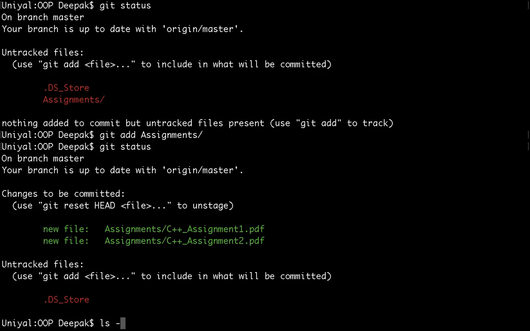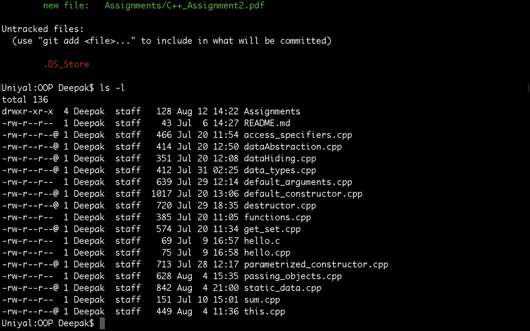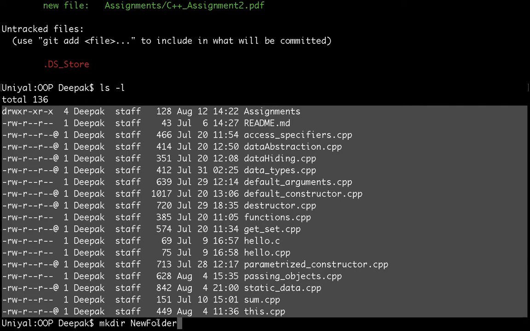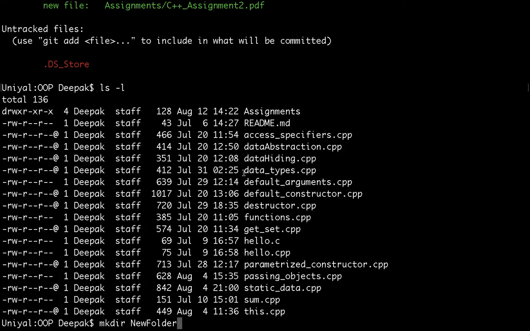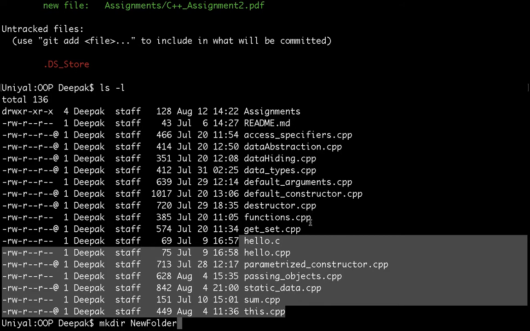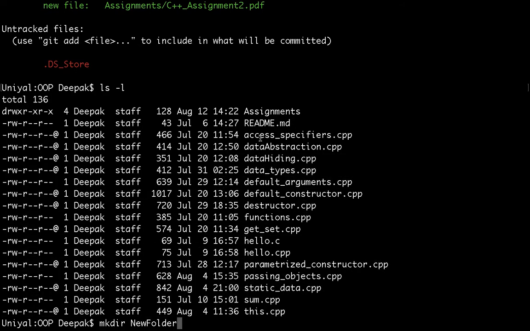You can do one more thing, check all the files. You can create one more folder like new folder and move all these files to this new folder, right? In that case, what you are going to do, you are creating a parent folder with name new folder, and then all these files are inside this. So you can do these many files in one folder, these many files in another folder, and so on.